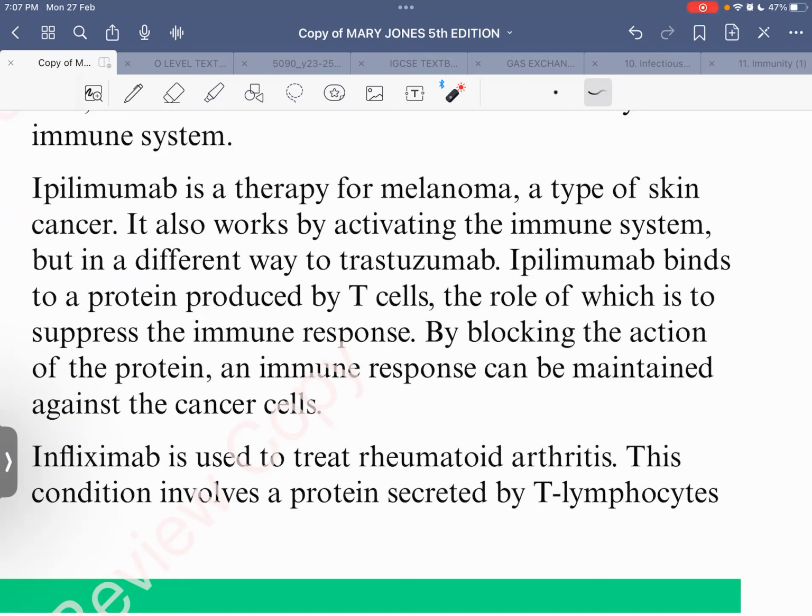People who have melanoma, उनके अंदर there's a protein made by T cells जो कि क्या कर रही है? It's suppressing the immune response. Only in those people who are suffering from melanoma or skin cancer. We don't want the T cells to make that protein which will suppress the immune response. So what does this ipilimumab do? It blocks the action of that protein, and in doing so, the immune response can be maintained against the cancer